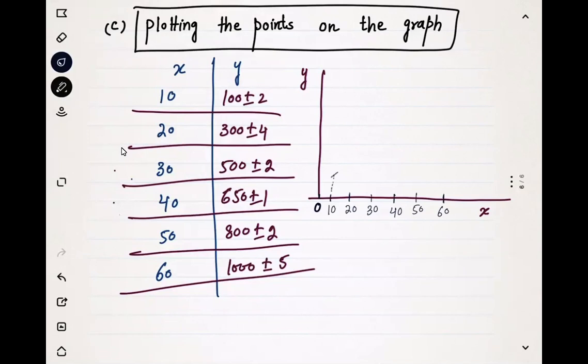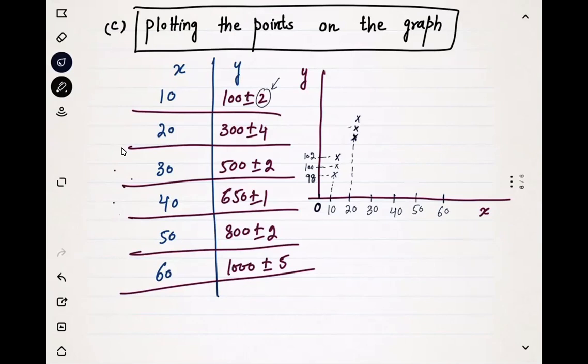So at 10, we plot 3 points. The first point, the central point, will be at 100. The upper point will be at 102. And the lower point will be at 98. Since it is 100 plus minus 2. Now the next point is 20. So the 3 points at 20, they would be